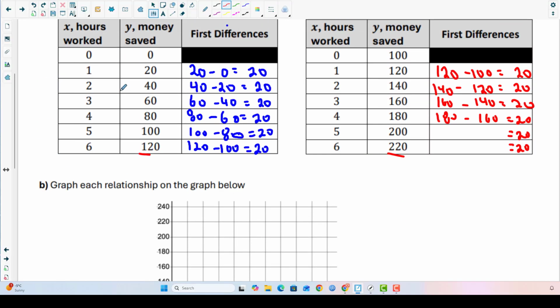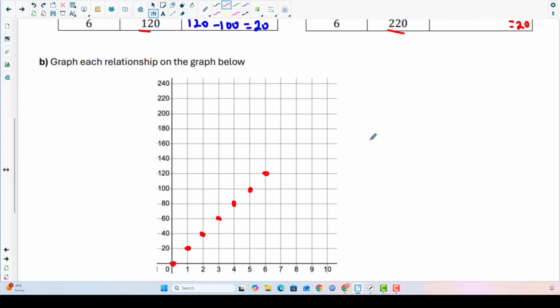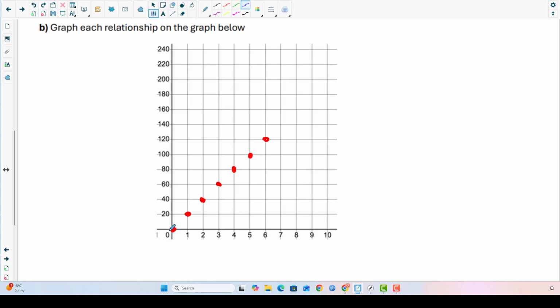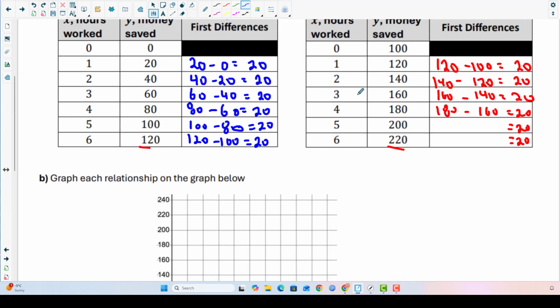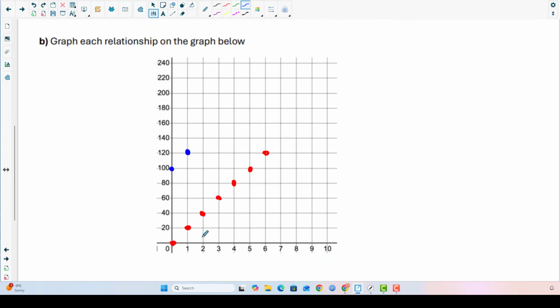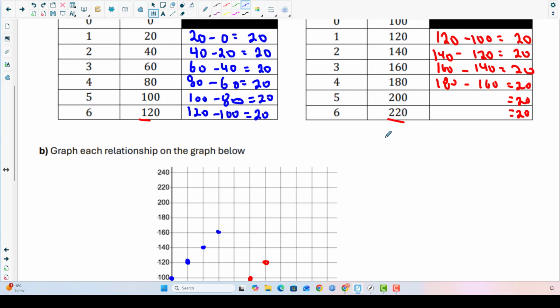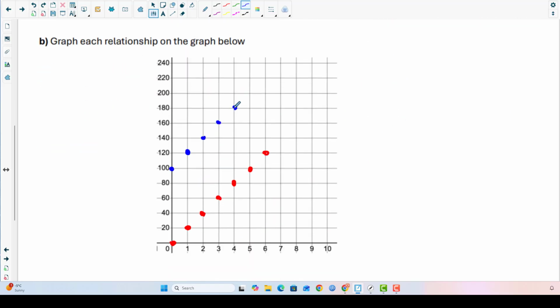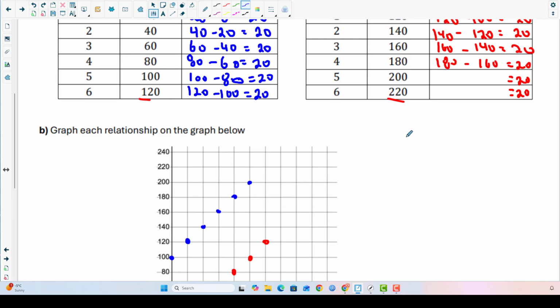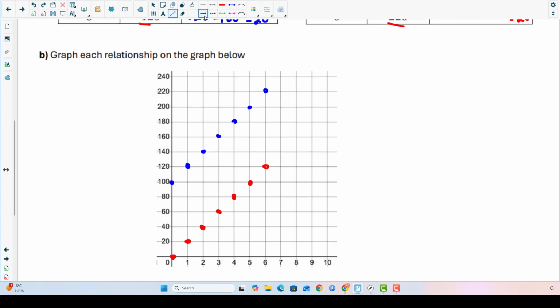For Cal, we have 0, 100, 1, 120, 2, 140, and 3, 160. 4, 180, 5, 200, and then 6, 220. So here you can clearly see that